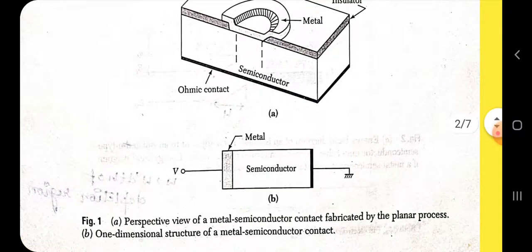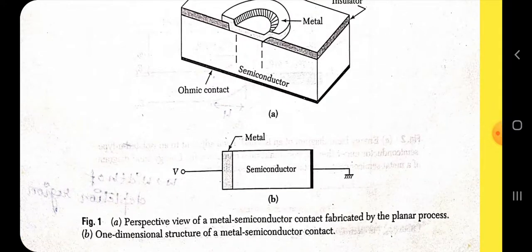Figure A shows the energy band diagram of an isolated metal adjacent to an isolated n-type semiconductor. We note that the metal work function Q phi m is generally different from the semiconductor work function Q phi s. The work function is defined as the energy difference between the Fermi level and the vacuum level, also shown is the electron affinity Q chi, which is the energy difference between the conduction band edge and the vacuum level in the semiconductor.